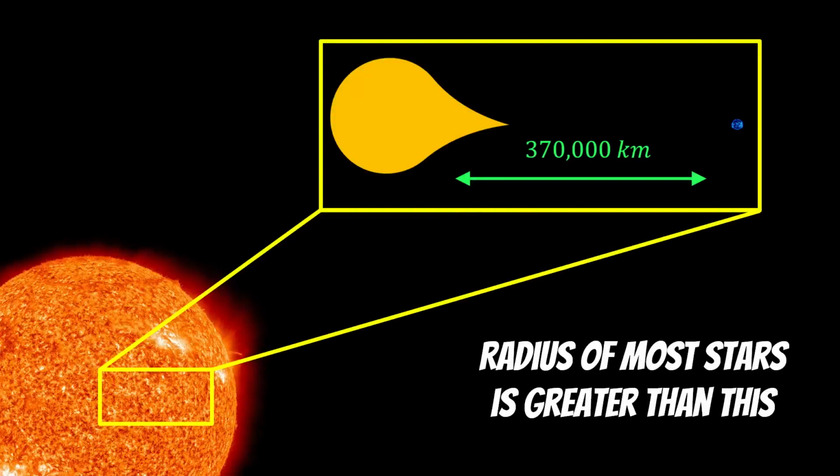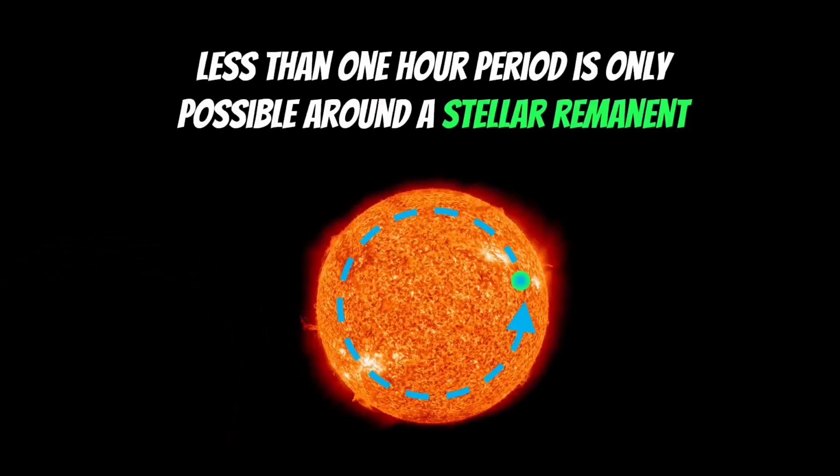Now, something worth noting as well, is that for the first system we had a look at, the planetary-sized object orbiting the pulsar, that separation, which is about the Earth-Moon distance, is smaller than the radius of most stars. So, for example, it would be well inside the radius of the Sun. So that immediately gives you a problem, because you can't have a 1 hour orbital period around a typical star, because the orbit would be inside the radius, and you can't have an orbit inside the actual star itself. So what that basically means is if you want to have an orbital period of about 1 hour,